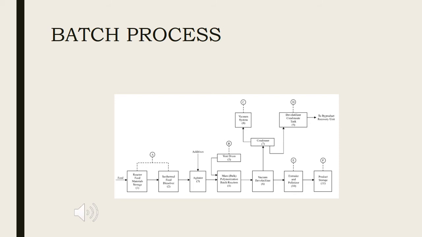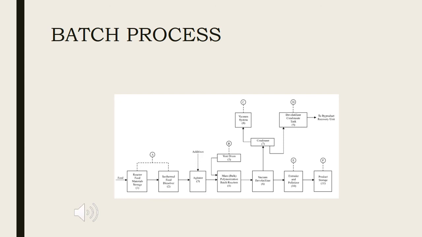The blended or partially polymerized feed is then pumped into a batch reactor, which is unit number 4. During the reactor filling process, some styrene vaporizes and is vented through an overflow vent drum, which is unit number 5. When the reactor is charged, the vent and reactor are closed. The mixture in the reactor is heated up to reaction temperature to initiate polymerization.